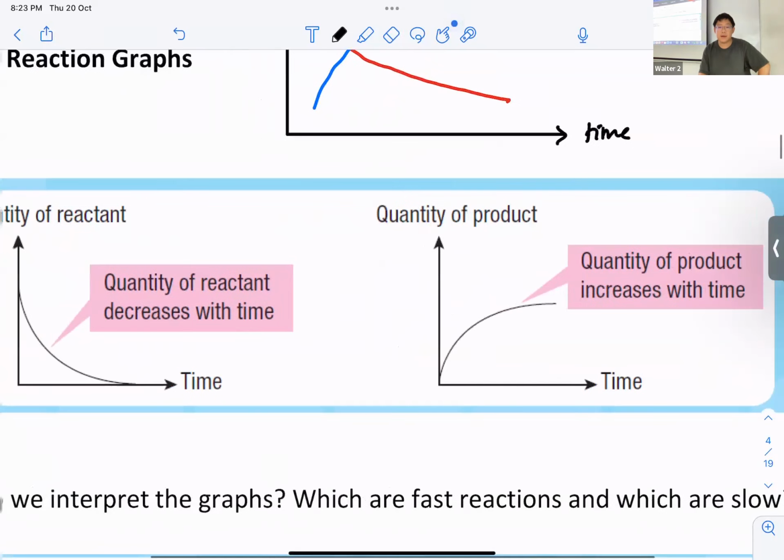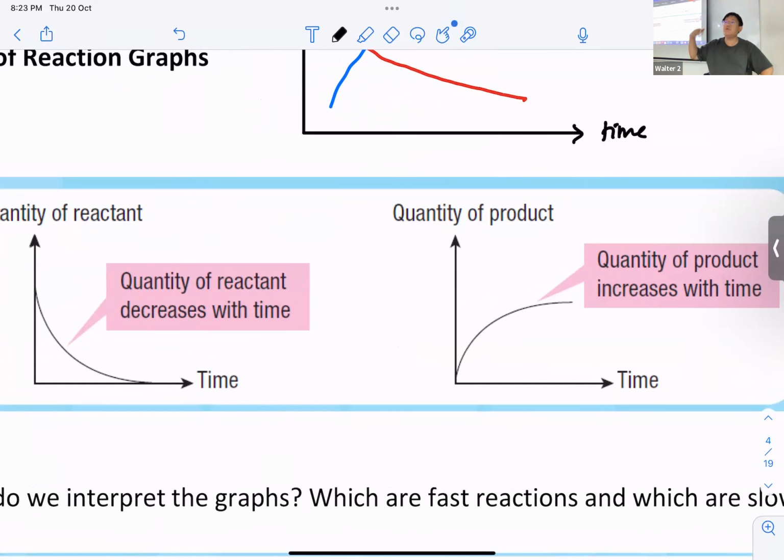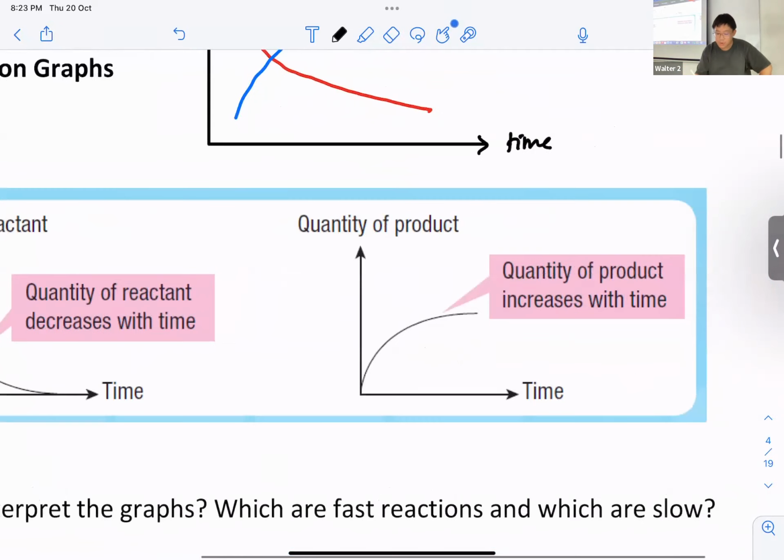But you will notice that the quantity of products doesn't increase forever. Up to a certain point, you will notice that it becomes flat. Okay? So why does it become flat over time? It's because